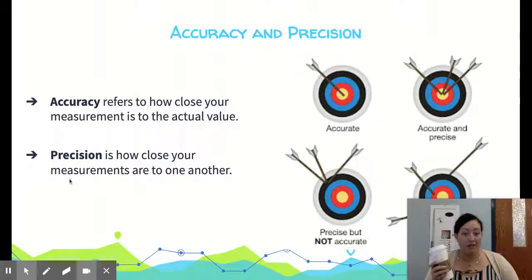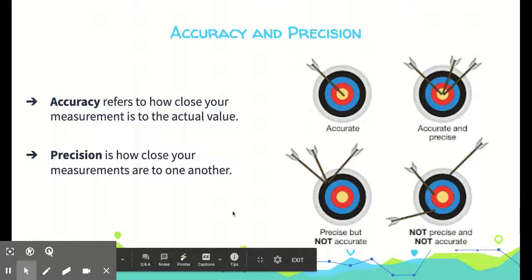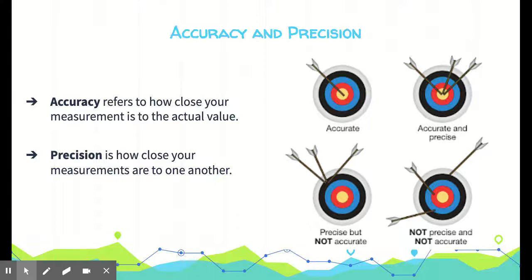So I'm going to go ahead and turn off my camera here and just talk, and we will get through the lesson. All right. So first thing we're going to start with is accuracy versus precision. This is actually really important in physics and engineering because there's a big difference between being accurate and being precise. So when you're taking measurements on something